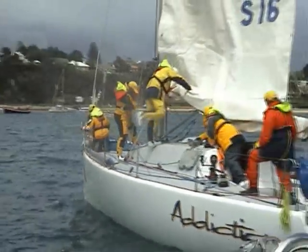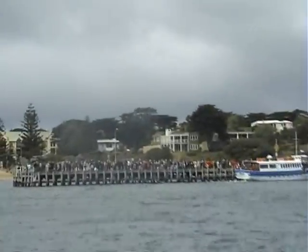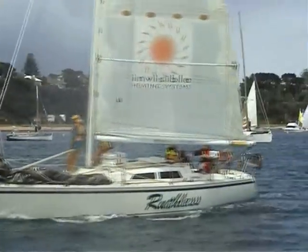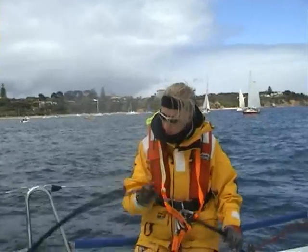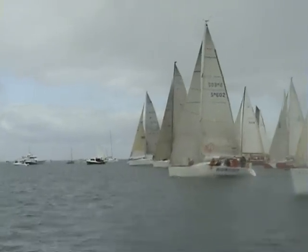The Melbourne to Hobart and the Melbourne to Launceston Yacht Race begin down at Portsea as a massive crowd gathered on the pier in overcast conditions. With the sails going up and the wet weather gear going on, the fleet head off in light conditions towards